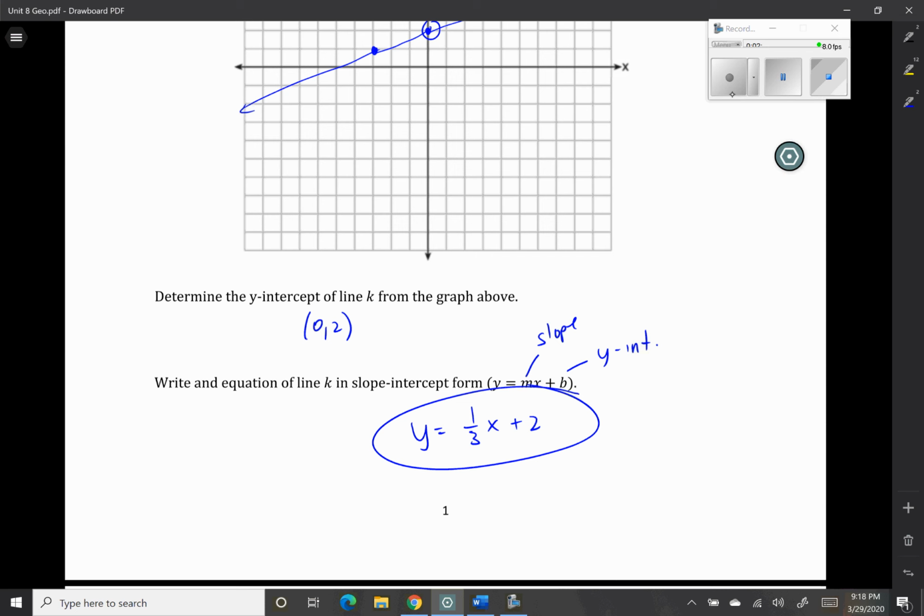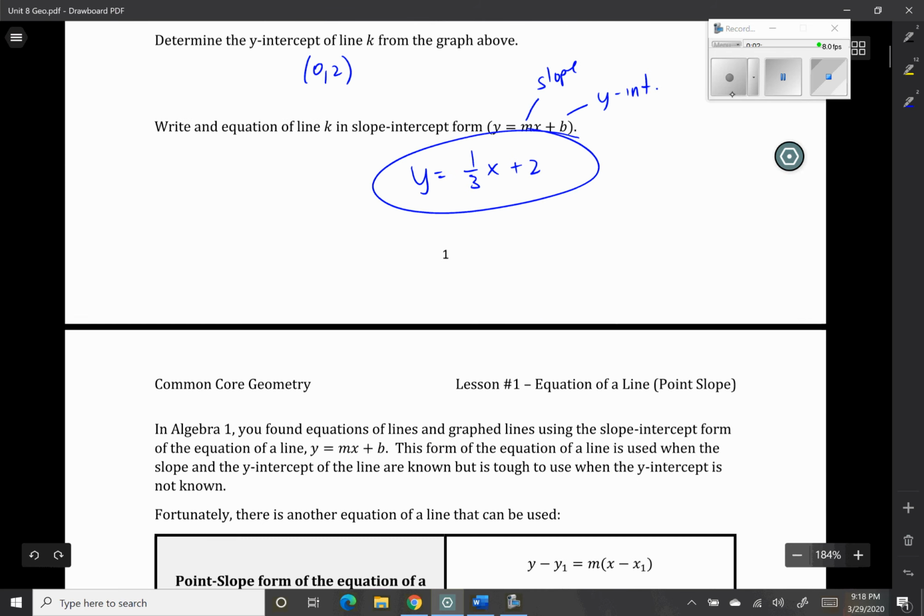Everything that we just did here in this opening exercise is prior knowledge, things you should know already before you came into this class of geometry. So let's see how things change in geometry. So on the next page,